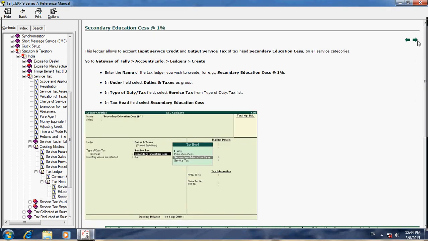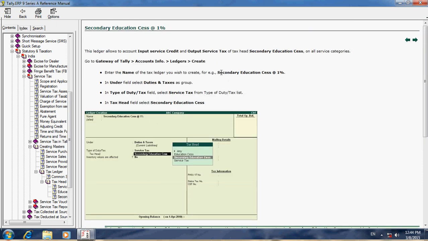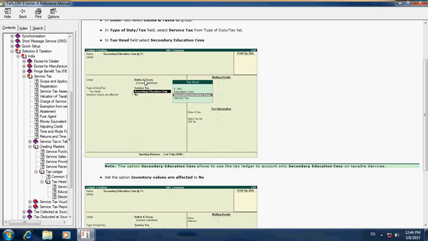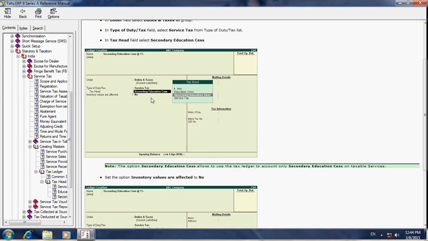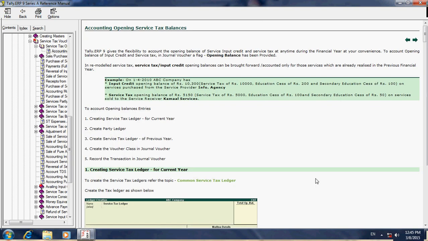Next, Secondary Education Cess 1%. Create the same ledger in ledger creation. Accounting Info, Ledger, Create. Then duty type is Duties and Taxes. Then enter here Duties and Taxes. Service type is Service Tax. Head is Secondary Education Cess. Like that, save this. Then go for further.